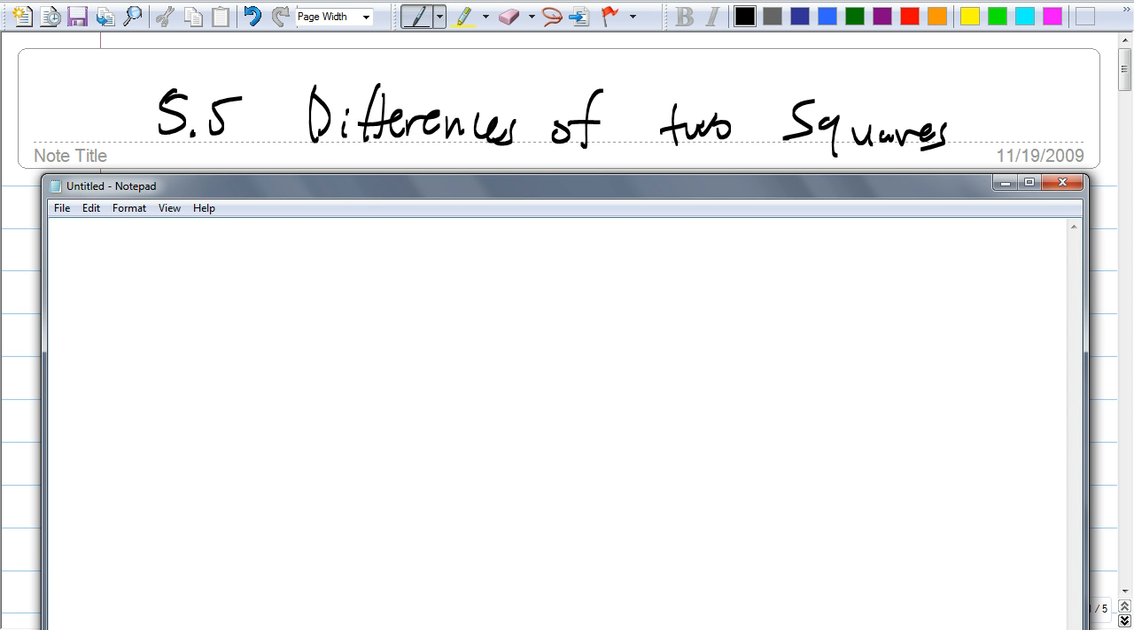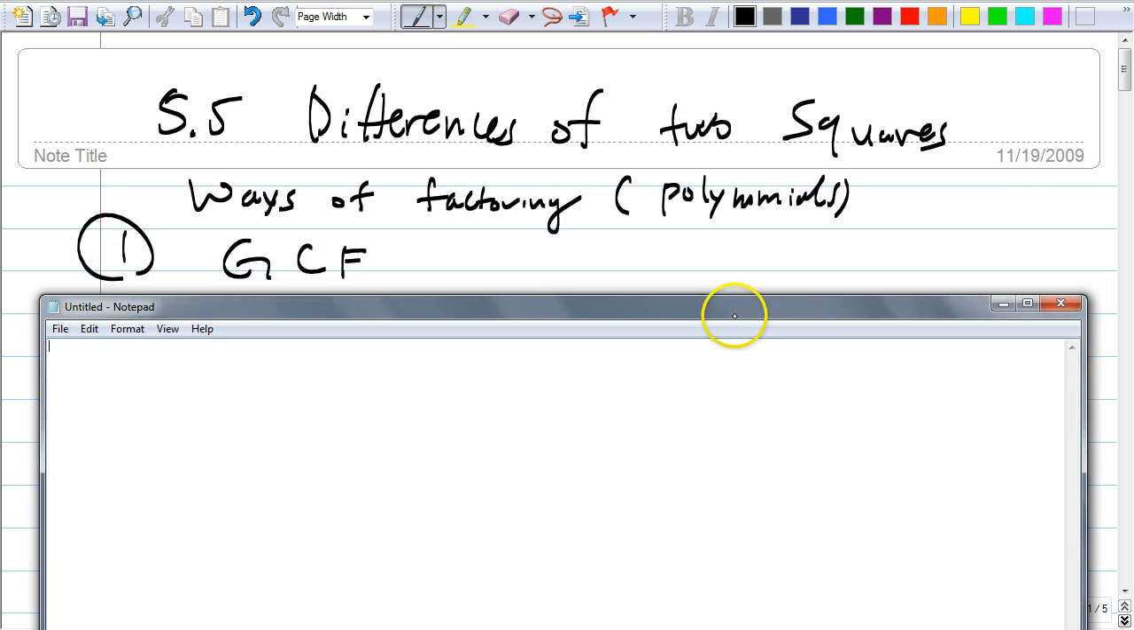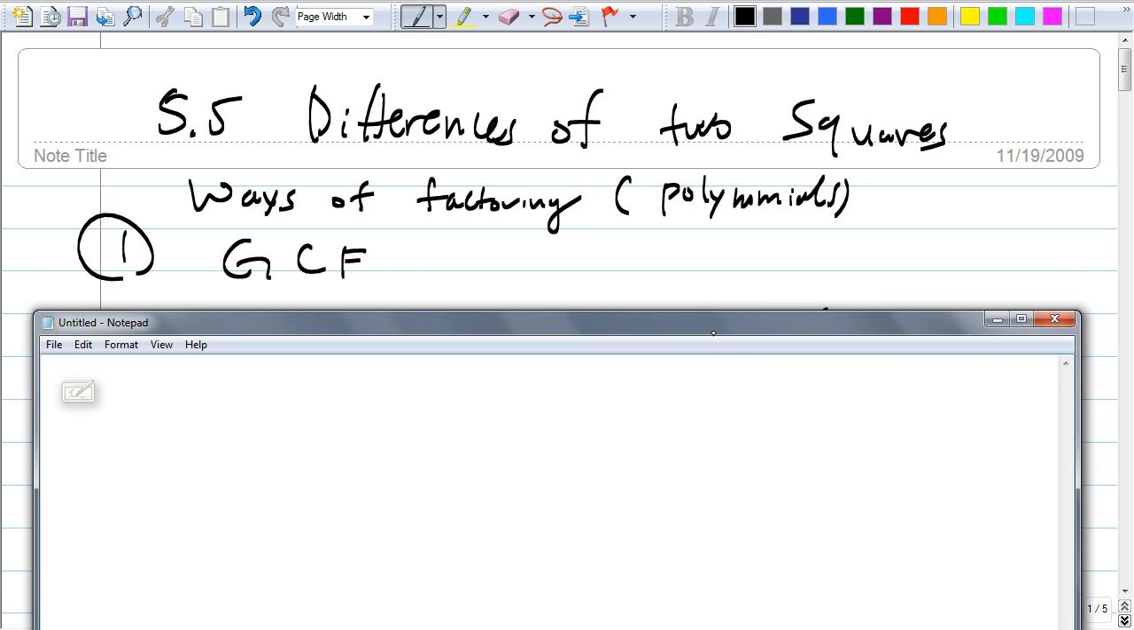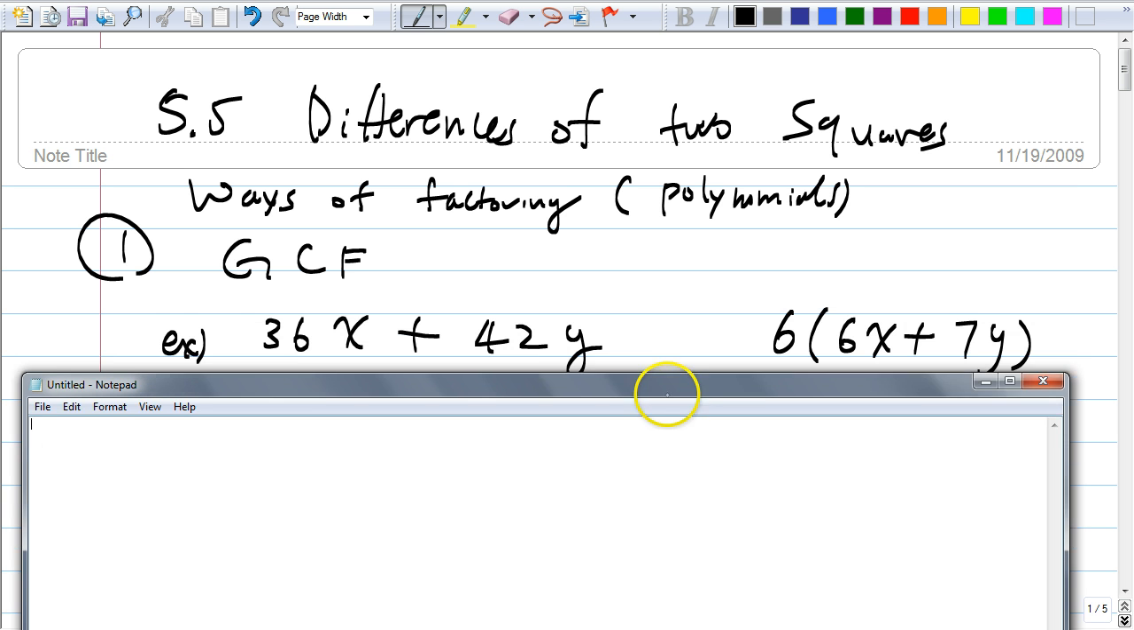Because if you don't factor out your GCF when you're factoring polynomials, it's going to be really, really hard. So if you factor out your GCF first, it's going to make your life a lot easier. Does that make sense? So this is the easiest way of factoring, by the way. Today we're going to learn our second method of factoring. After you look at GCF, you look at